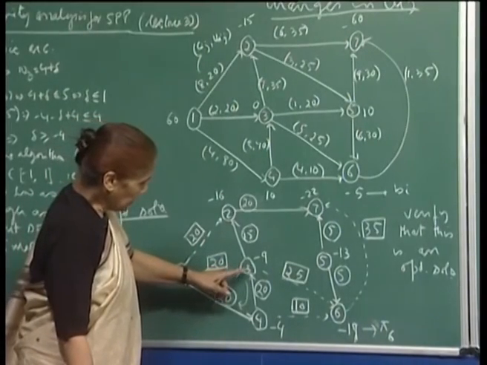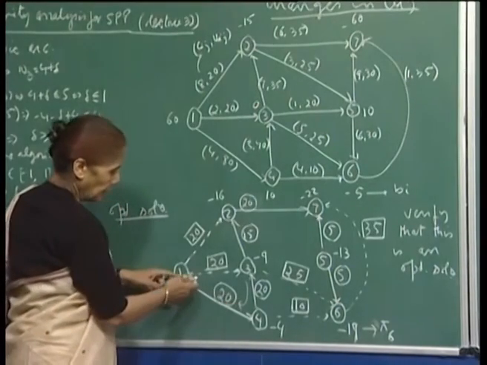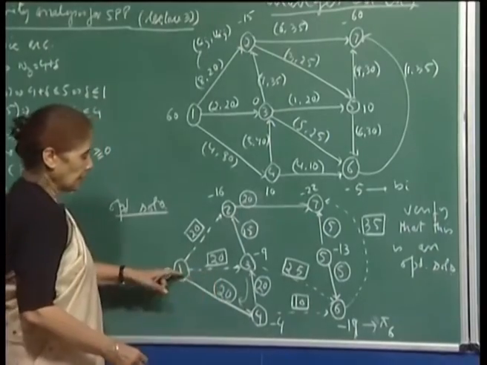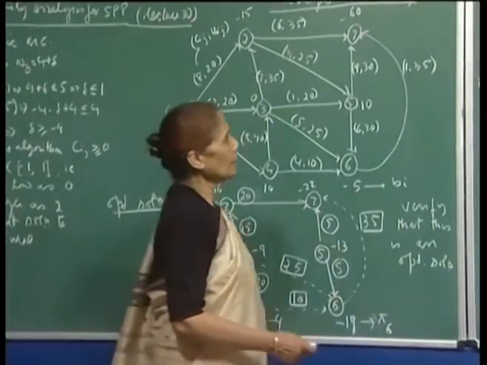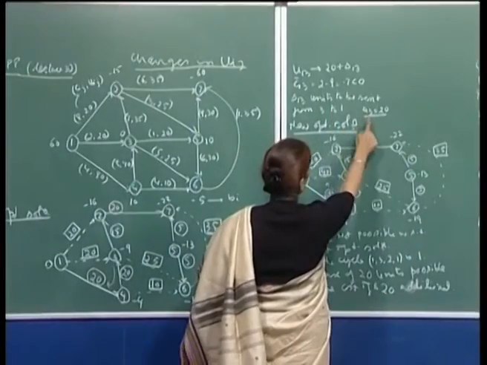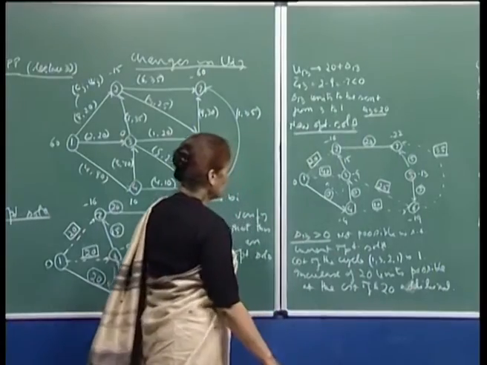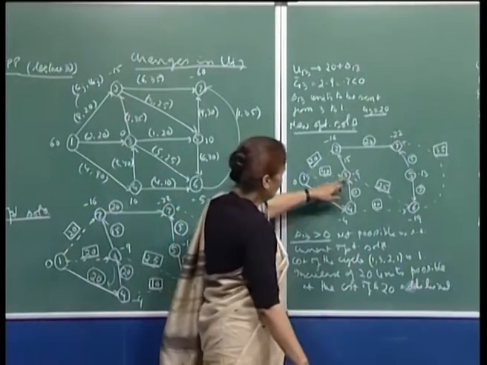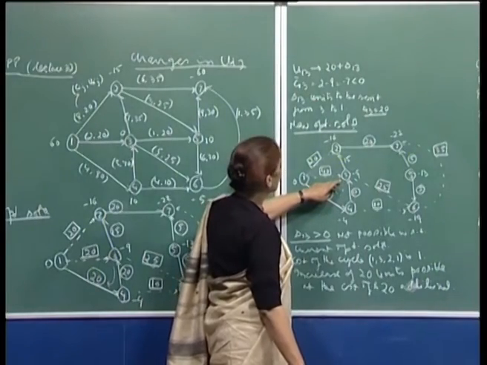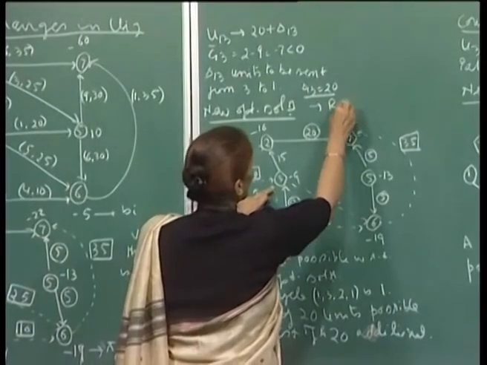So, for example, here I can reduce the flow by 20 units, and here also I can reduce the flow by 20 units. So, that means I can use this path, and so delta 1 3 units have to be sent from 3 to 1, and delta 1 3 comes out to be 20. So, my new optimal solution, you see I have diverted this flow along here and here to the arc 1 3, and I should have pointed out here that the reduction in cost